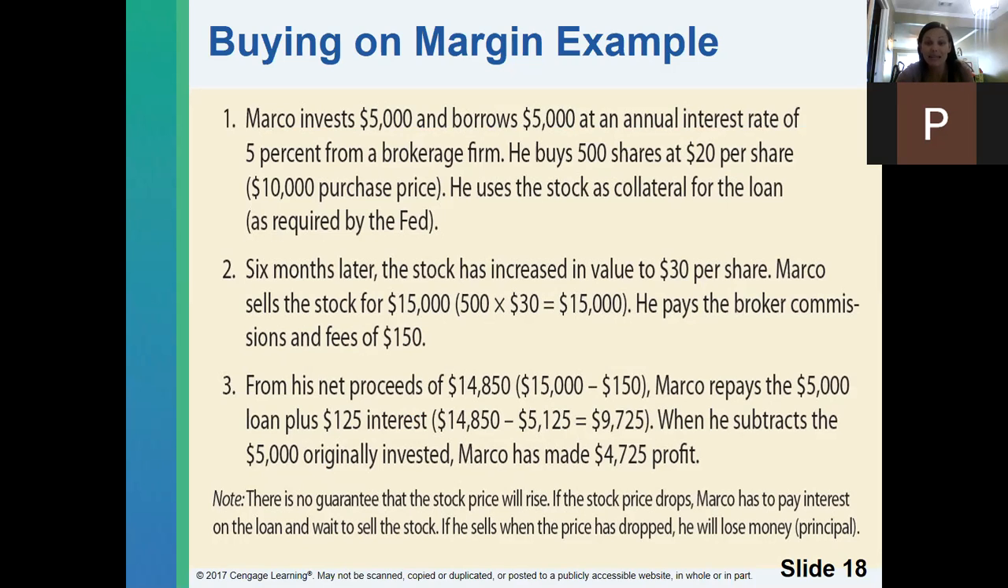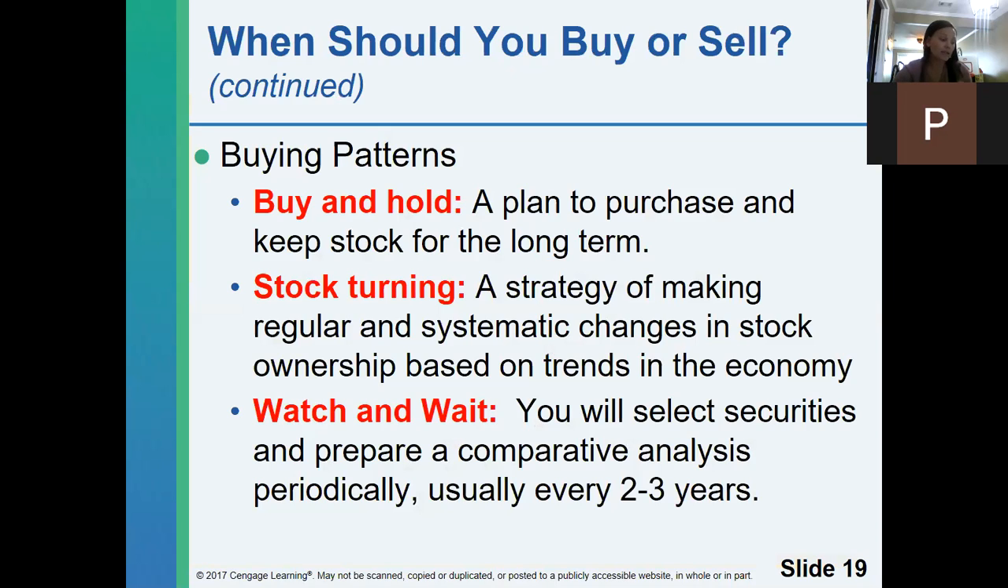So he still has to pay that back, that $5,125, no matter what. So if the price had dropped when he sold it, he's going to have to pay out of his original $5,000. So again, buying on margin, you're betting that the price is going up essentially. All right, so